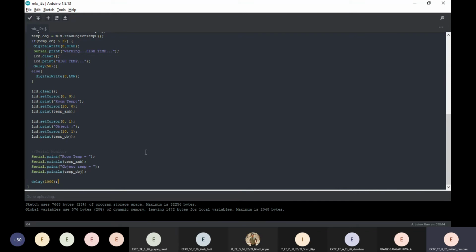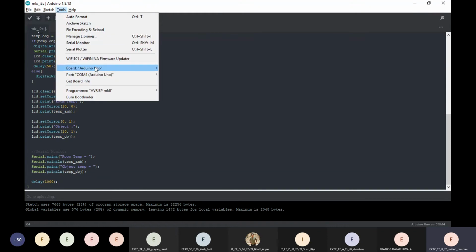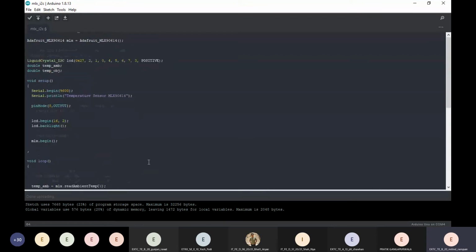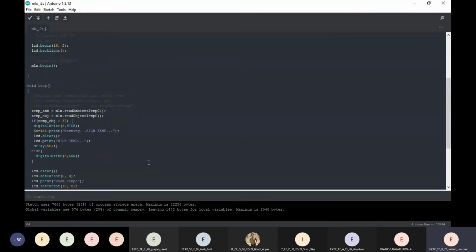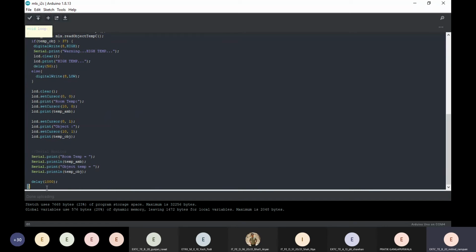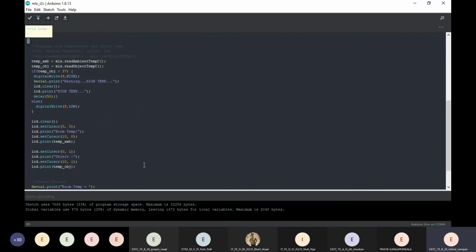So now let's just upload the sketch. Any doubt on this coding part? Anyone? Shall I move forward? Is the conditional part clear here?